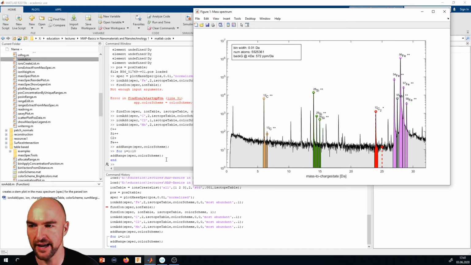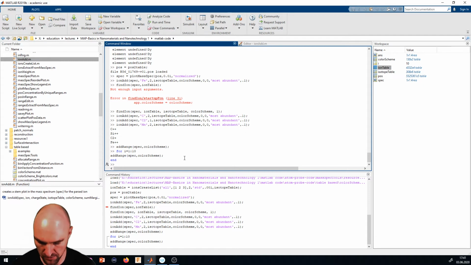So if I now want to assign the whole thing to my range file, to my pos file, I can go pos, or I can call it, but usually I just write over the pos variable, because it just expands it, equals allocate range for this pos file, and we extract